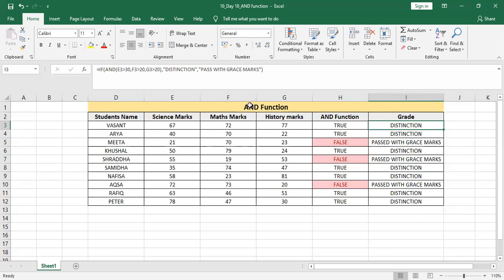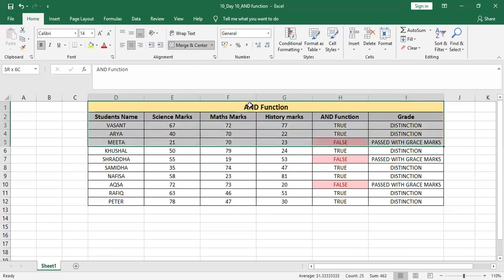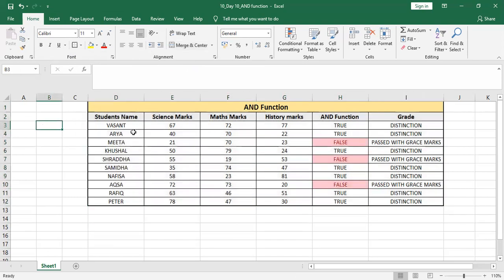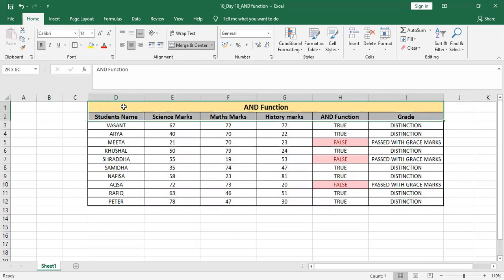Now I can show you one more thing. If I have to use borders for all this, I can select the table for which I want a border, and then in the Home tab you can see a small font section, and here it is, a bottom border. You can press the small arrow beside it, and there are lots and lots of kinds of borders. If we want a thick outside border, we can select it, and you can see our table has a thick outside border. If I want to select these two cells only with the thick border, again I can select these cells and press on it.